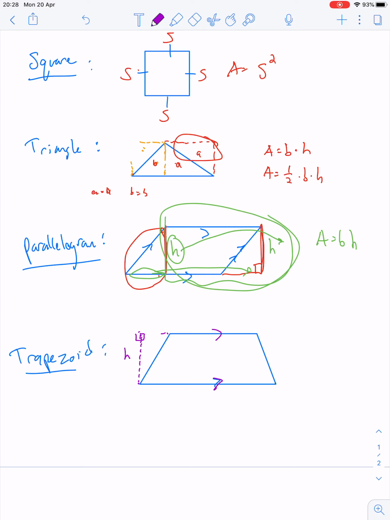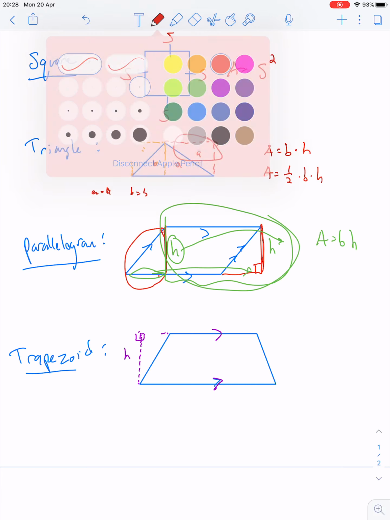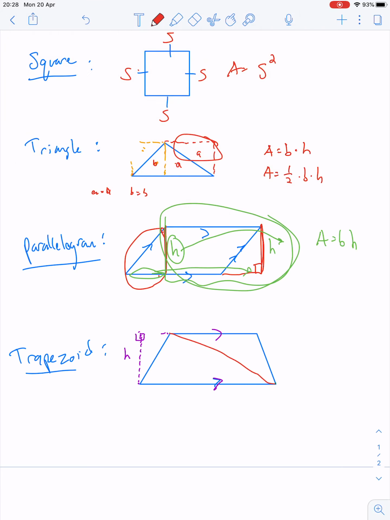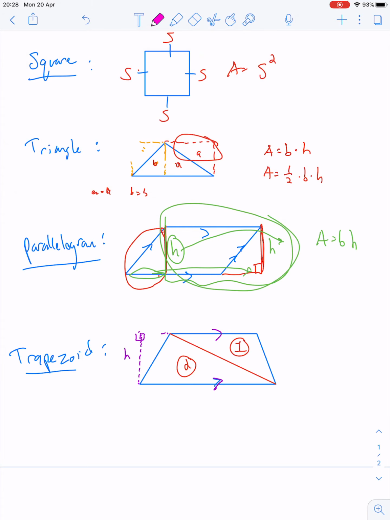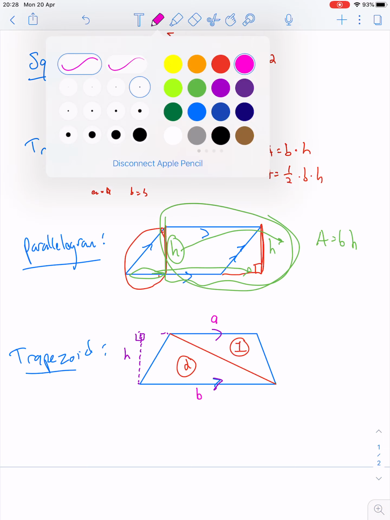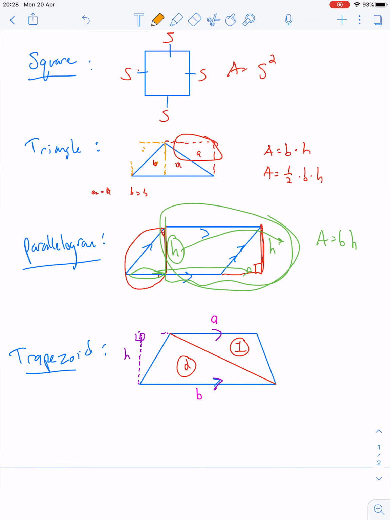So what we're going to do here is break this up into 2 triangles. No, let's not use letters. Let's use triangle 1, triangle 2. Let's label the bases of each of these triangles. We'll call this A, and we'll call this B. All right, so since the trapezoid is going to be the area of both these triangles, let's